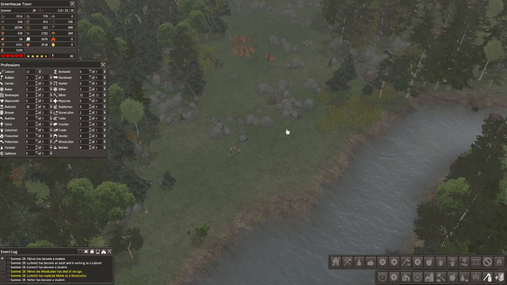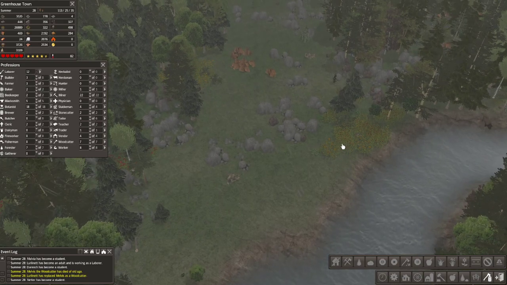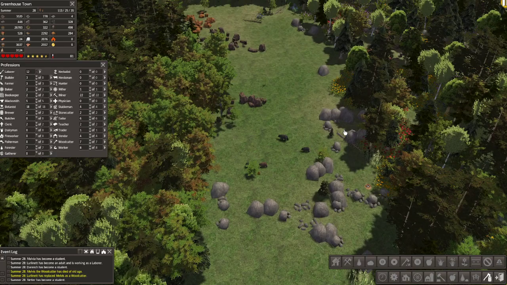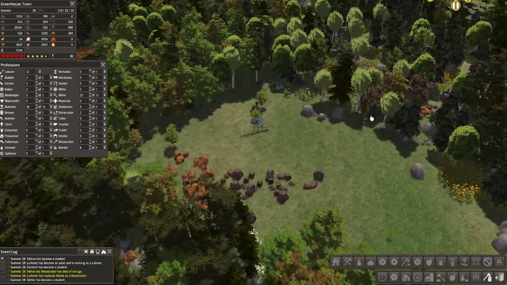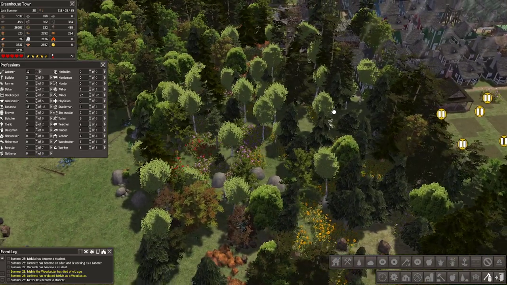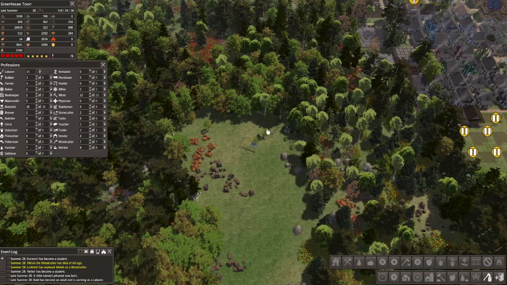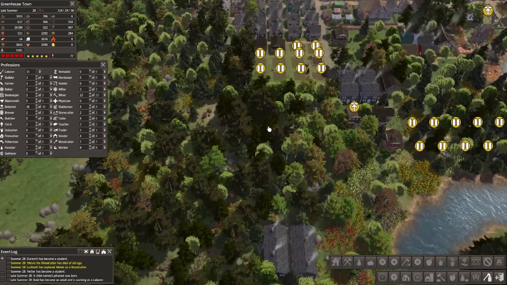Hello, everyone. Welcome back. You might be wondering what we're looking at here. It is the site of the tornado path from last episode. Fortunately for us, it was about that far away from where we have settlement. So we did not lose any territory, any property, any of our buildings, which is great. We did lose the trees that were there, but